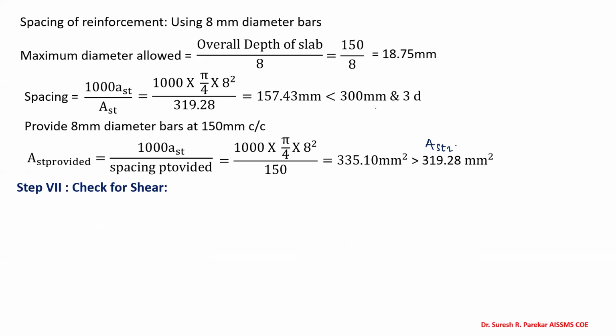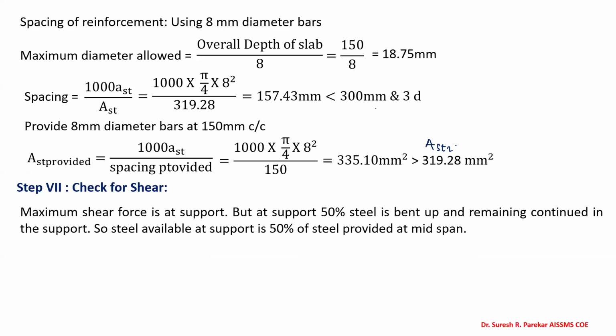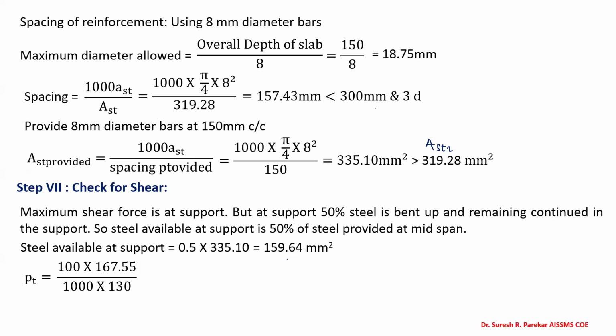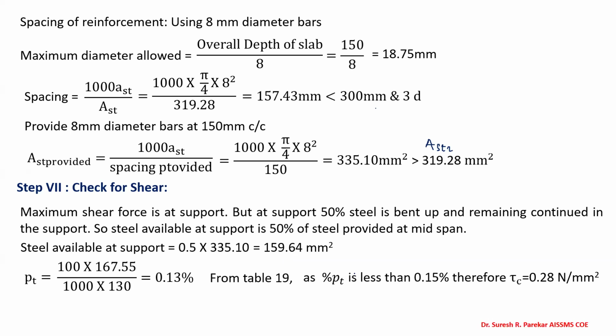Then we have checked for shear. So maximum shear is at support. We are going to take 50% at top. So remaining steel is 50%. So steel available we have 159.64. And from this we have PT 0.13%. From table 19, as it is less than 0.15, so we have to take tau C equal to 0.28 Newton